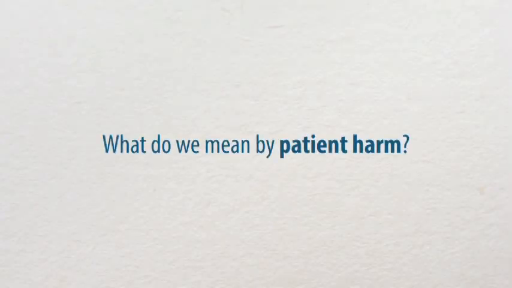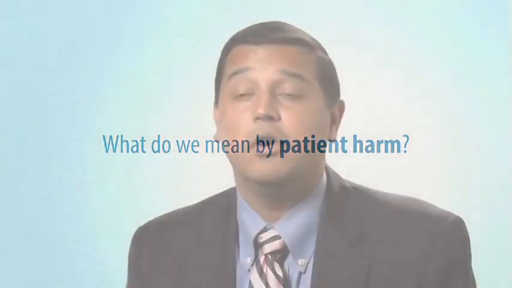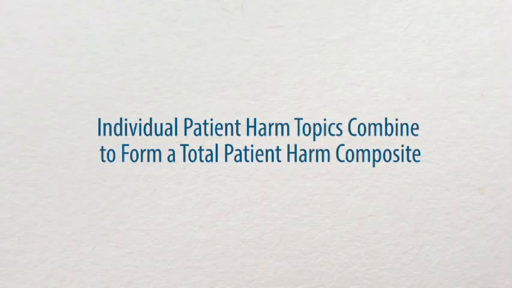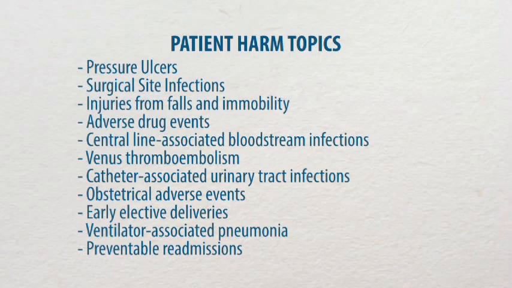What do we mean by patient harm? Well, we know there are a number of important areas where the science, the evidence, the clinical best practice is known. And we have examples of hospitals around the country that have eliminated patient harm in those areas. Patient harm composite is an aggregation of known patient safety indicators. So adverse drug events, infections, and patient falls, and those are examples of how you aggregate to get to a